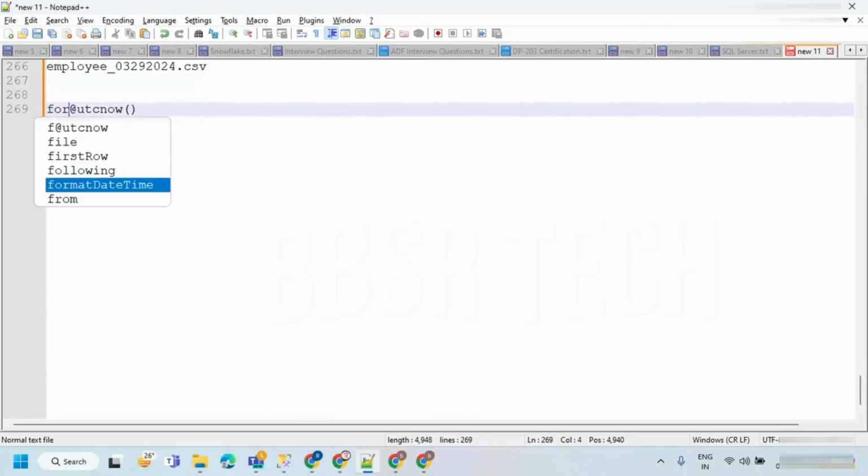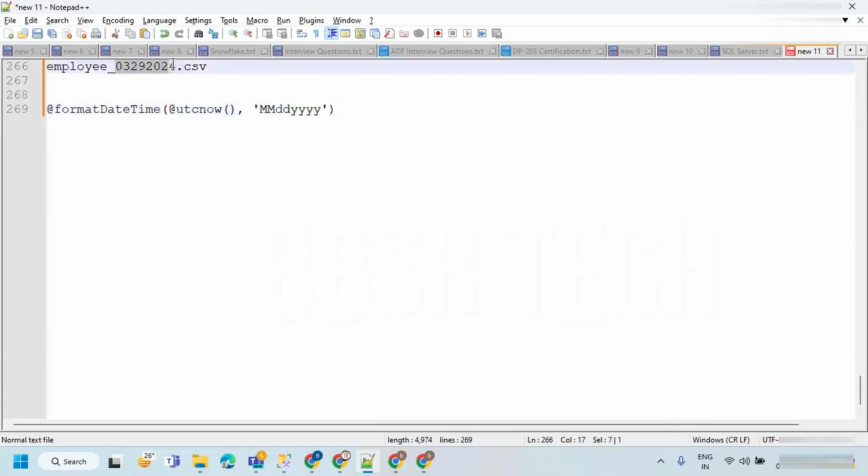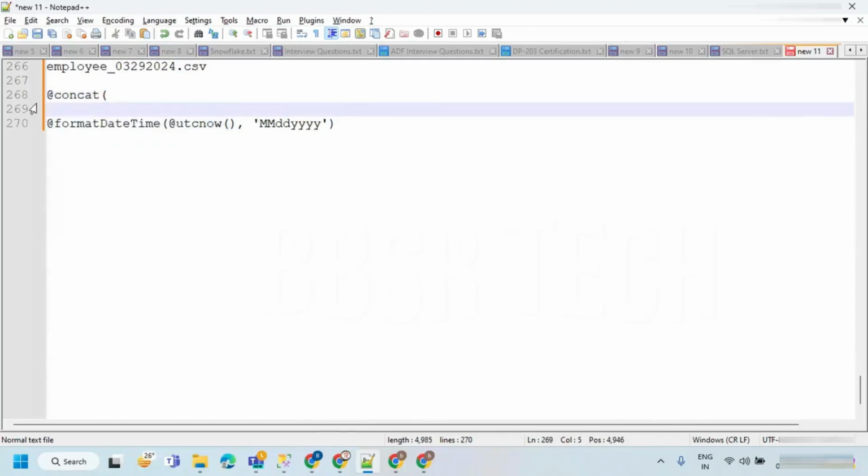formatDateTime. This formatDateTime is going to take the date, and we need a format of MMDDYY. Close your format function. It is going to give the format. That means this format will be joined with the employee, so we need to use the concatenate function. Inside the concatenate function, we are going to use employee